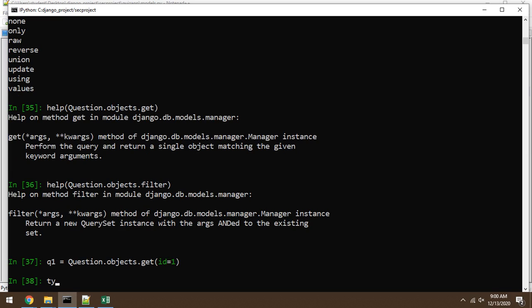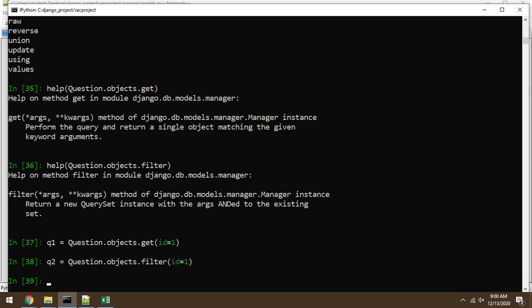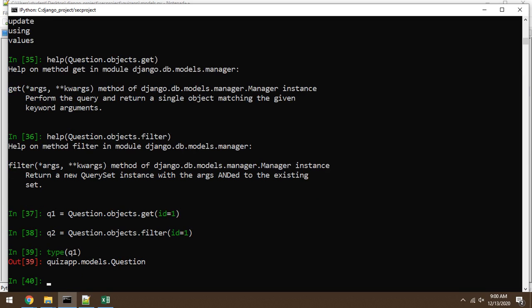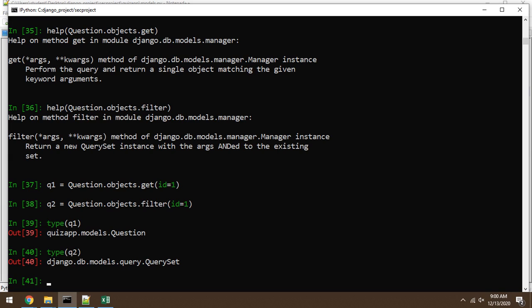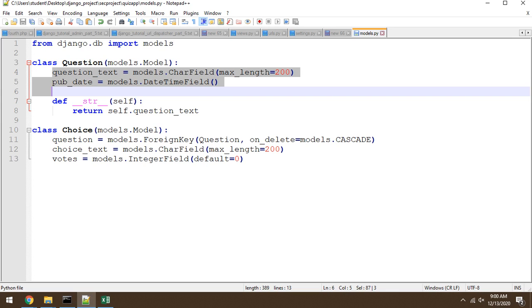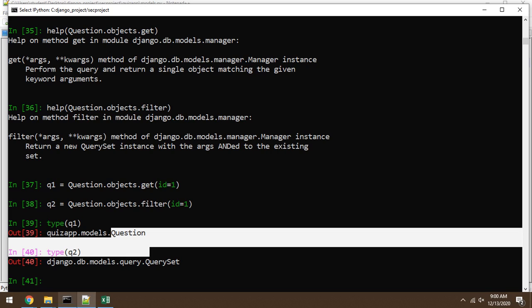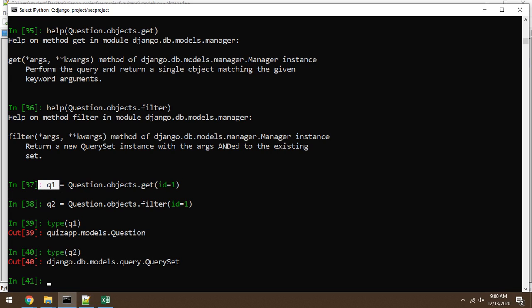It will be a question. Now I am writing this a second time as q2, and here I am using the function filter. So what is the difference between these two? The argument is the same. So if I print the type of q1, that will be question. If I print the type of q2, that will be query set. What is that question? It's my class name. Just check this, it's a class name. So in short, I mean to say q1 is an object of the class and q2 is an object of query